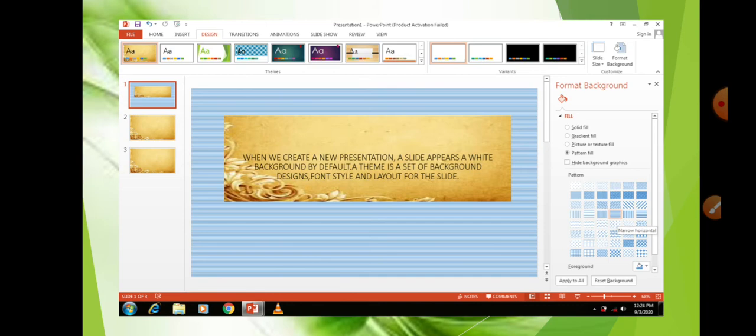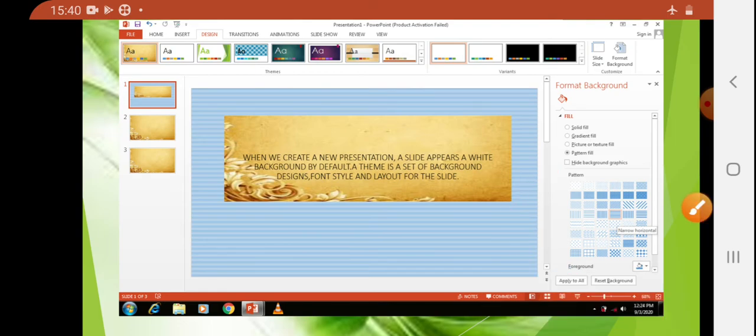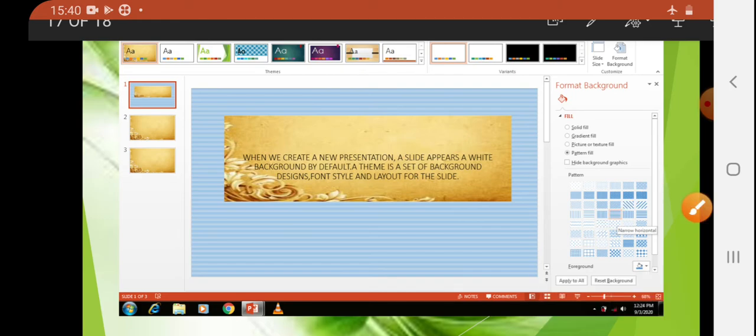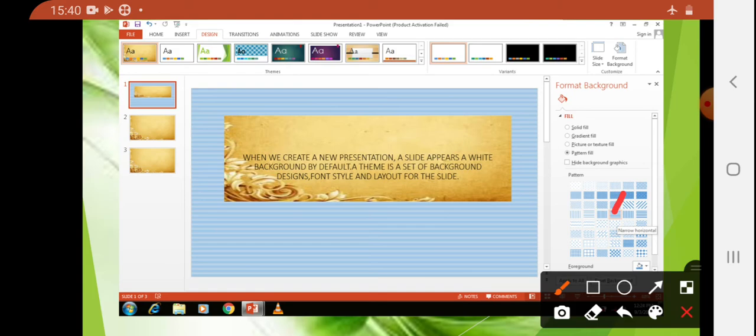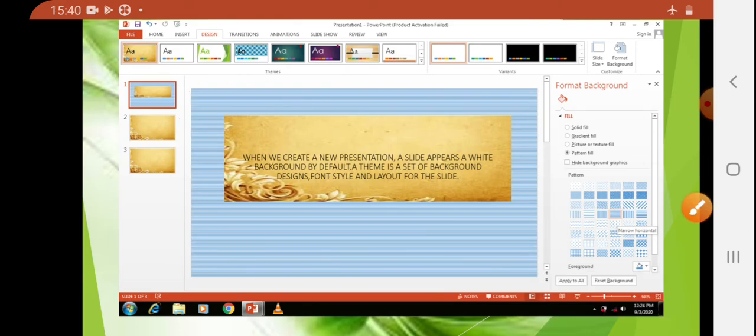Now pattern fill. Pattern means these are the different types of patterns present in your PowerPoint, so you have to use these patterns. Okay, you have to use these patterns. When I select any pattern from this, I selected this, and see now all these things, the pattern changes. Okay,